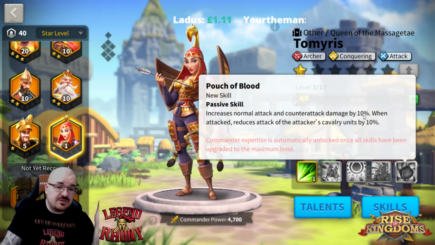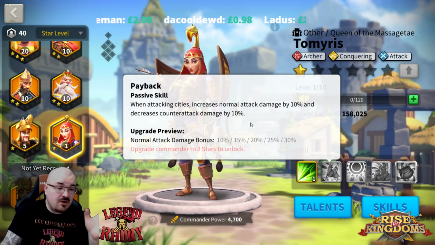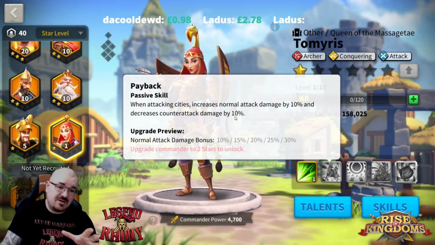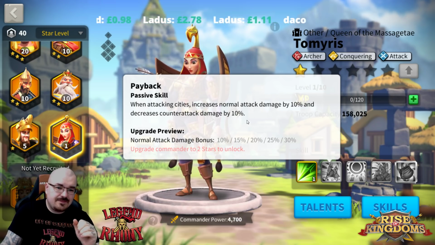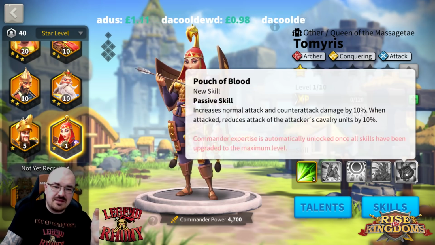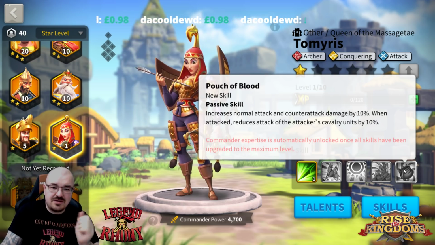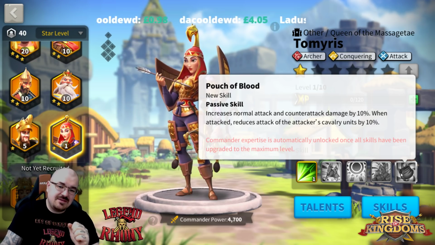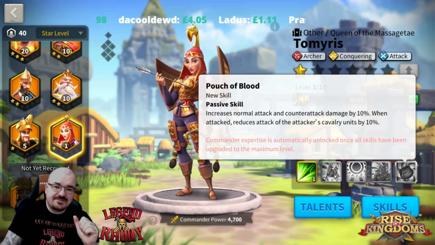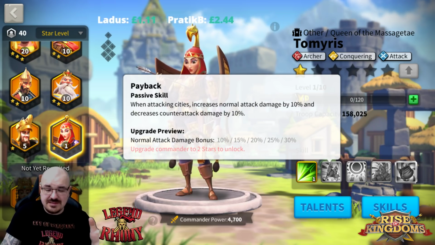So it's obviously gonna stack with Edward's normal attack and counterattack, and Edward is actually gonna compensate, decrease the counterattack damage, which apparently seems to be only 10%. So basically she's gonna level that with her passive skill. That's very interesting. They could have just not added that, it would probably be the same thing. Anyway,